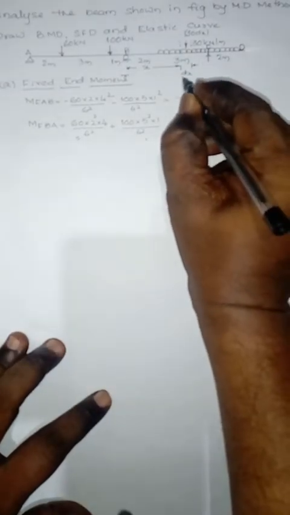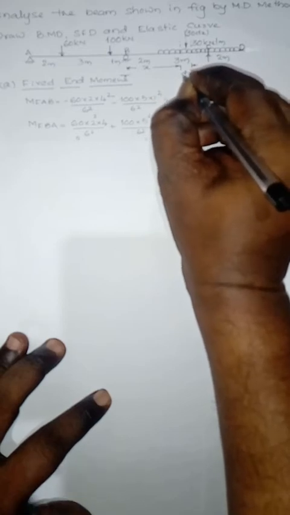Then for the next span BC, here this one is subjected to a UDL of 30 kilonewton per running meter, which starts at a distance of 2 meter from B. Then we have to consider a small elemental portion of length dx at a distance x. Then the load in the elemental portion is given by W into dx. That one is 30 into dx as the point load, that is imaginary point load acting at a distance of x from B, 5 minus x from the other end. Here this distance is 5 minus x.